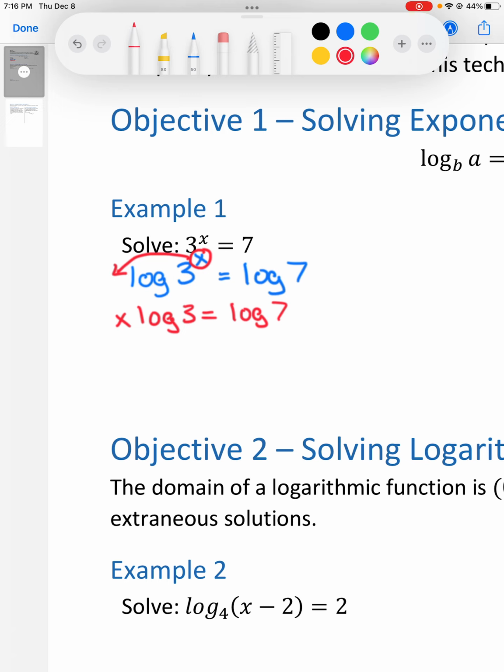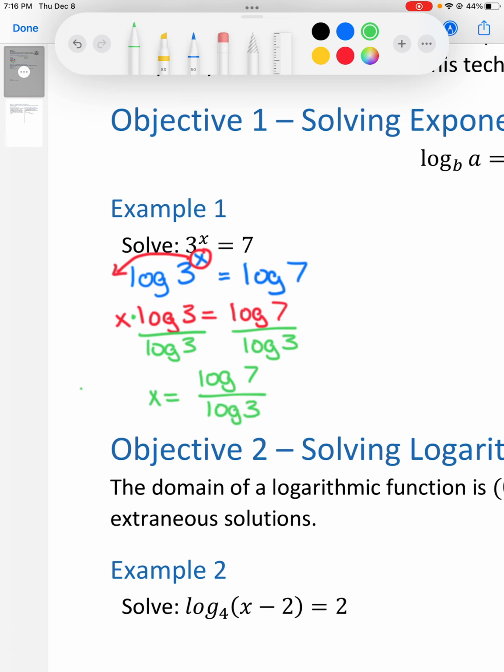Okay, so remember, we're trying to solve for x to get x all by itself. So this is x times the log of 3. So to get x all by itself, we need to get rid of log of 3. So we need to divide. And again, what we do to one side, we do to the other. So we're left with x equals log of 7,